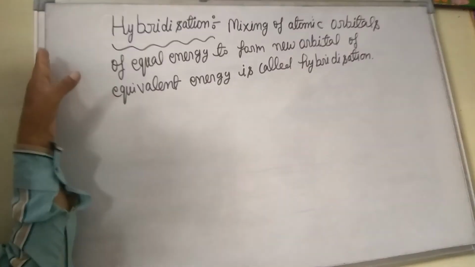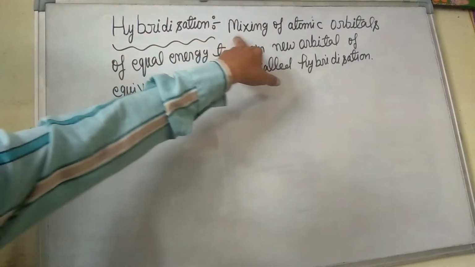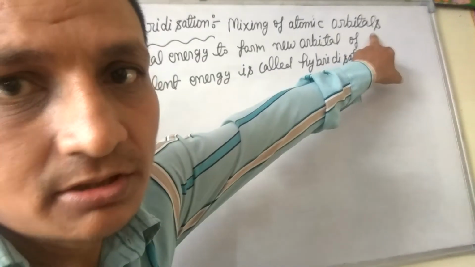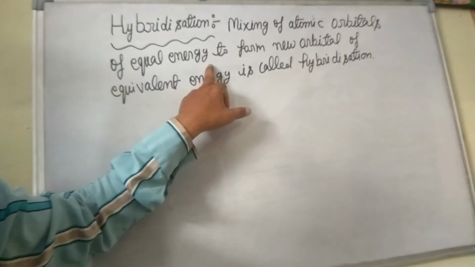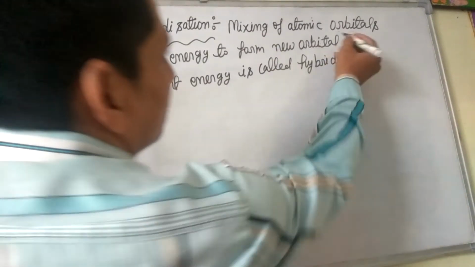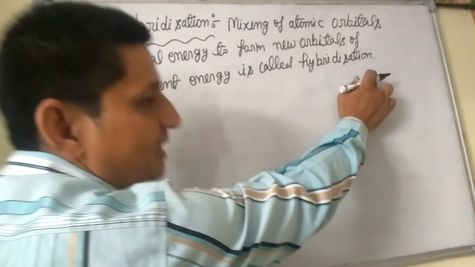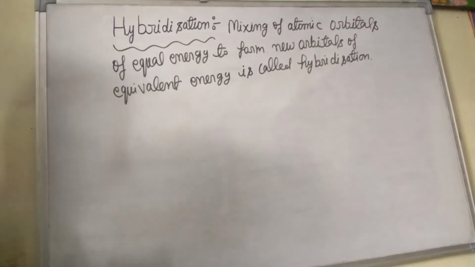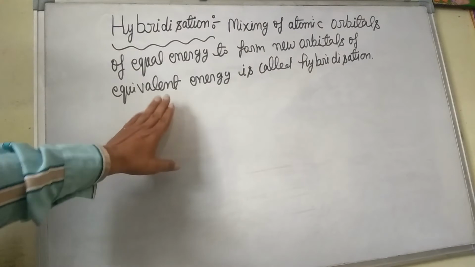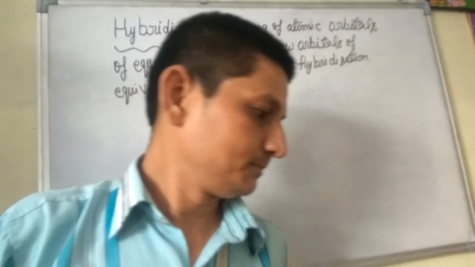What is hybridization? Mixing of atomic orbitals of equal energy to form new orbitals of equivalent energy is called hybridization. After this, the next topic is types of hybridization. Types of hybridization are: